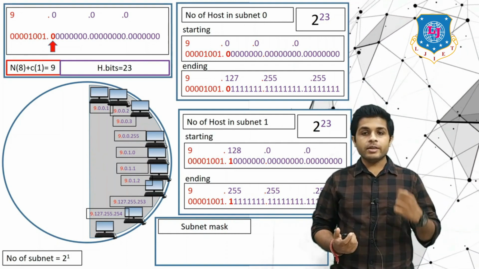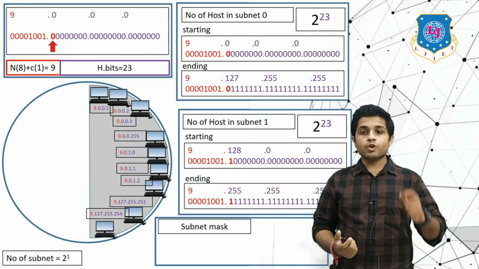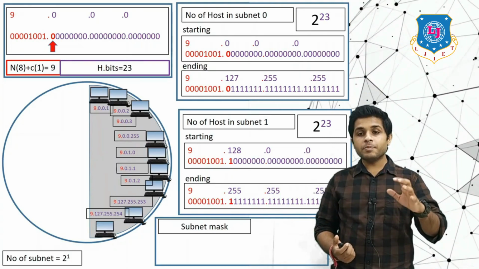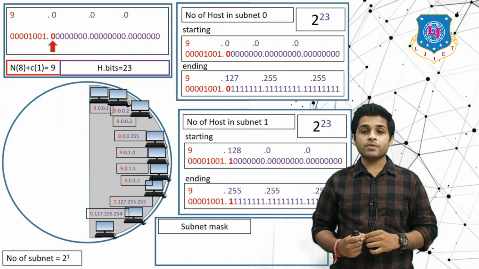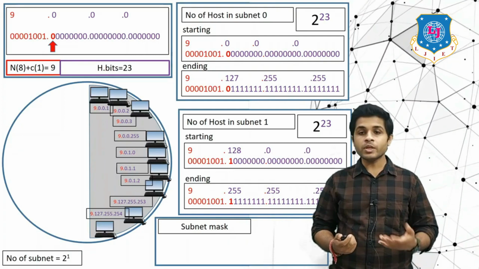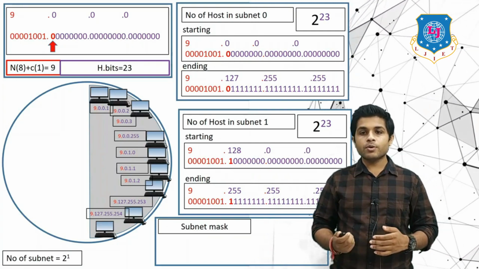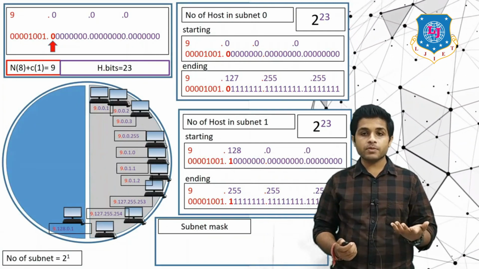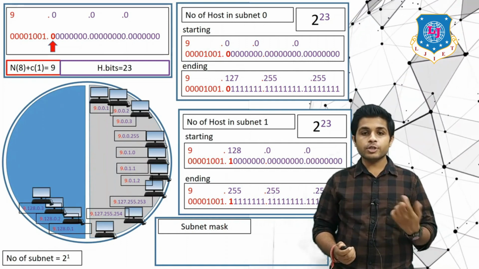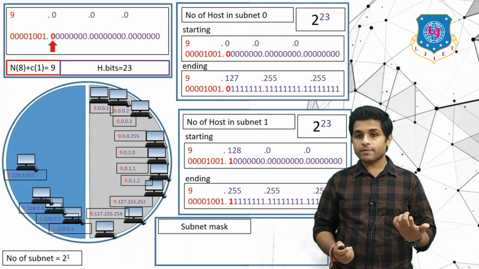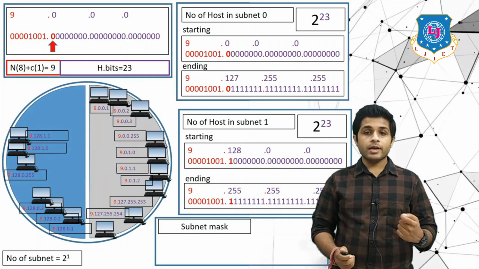Now again, in any subnet, the first and the last address will not be allocated to any device. The first address in subnet 1 represents the address of the whole subnet 1, and the last address in subnet 1 is the broadcast address. So any address apart from the first and last will be allocated to the devices in subnet 1. What will be the IP address of the first device in subnet 1? It will be 9.128.0.1. Then 0.2, 0.3, 0.4 up to 0.255. If you increment 1 to that, you will get 1.0, 1.1, 1.2, and you will keep incrementing and you will get